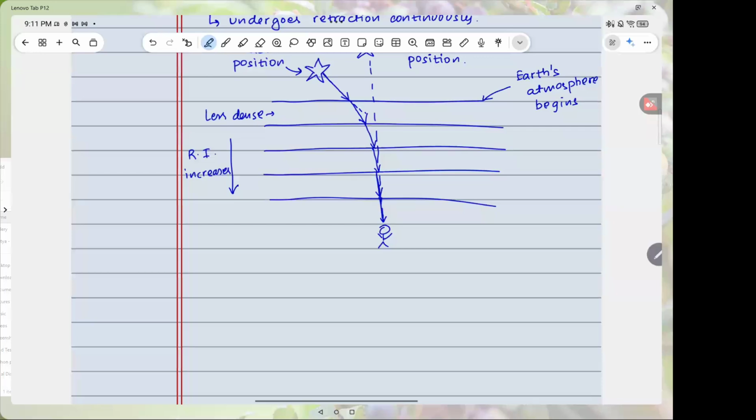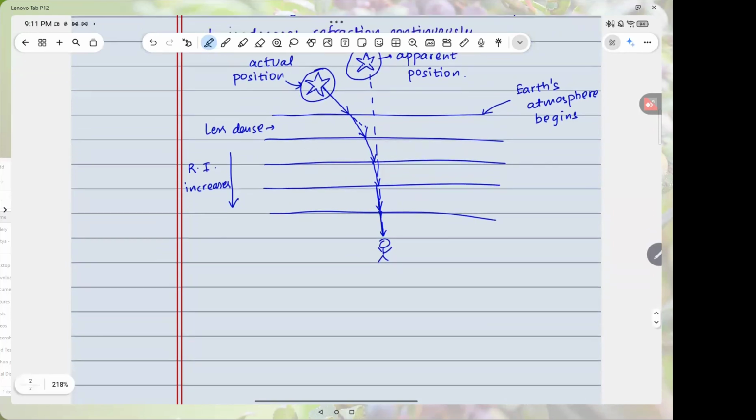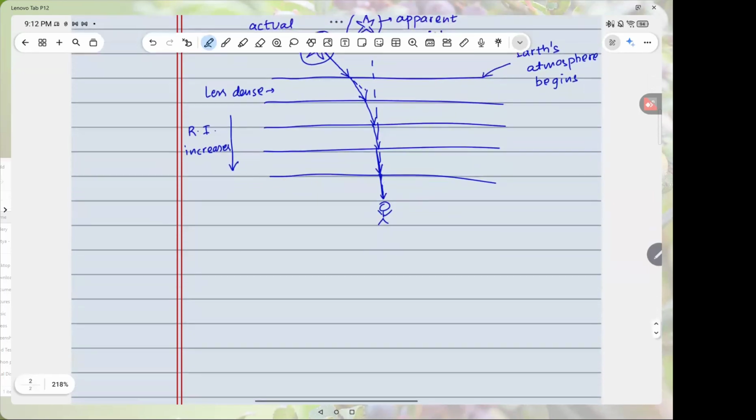So the light continuously bends and we see the light that was bending, and we think that this is the position, so we observe this position instead of the actual position. Okay. So due to this, what happens? We see the flickering of the light, twinkling of stars. Okay, and due to this reason, near the horizon,